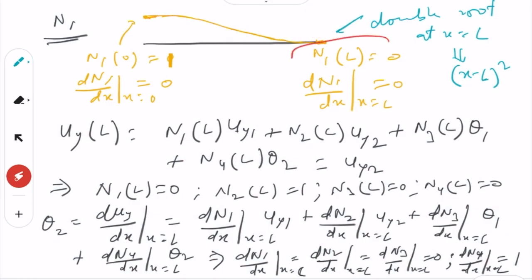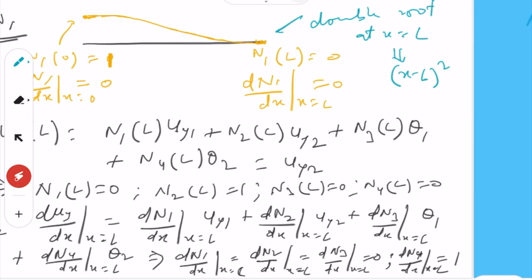We first see this is a double root here, so (x minus L) square has to be there. The rest we have to find out. And since this is cubic, it will be multiplied by, let us say, x plus a, and so we can only guess that